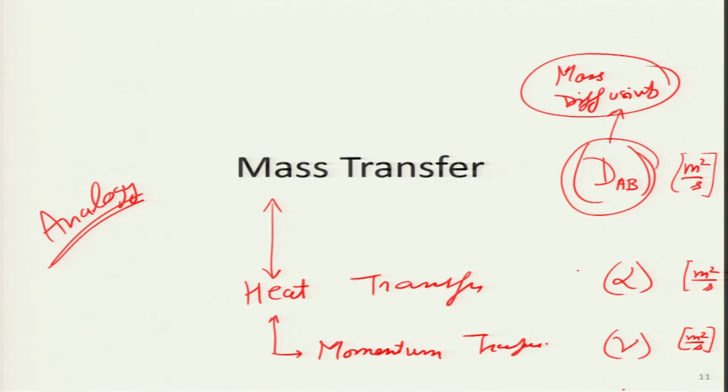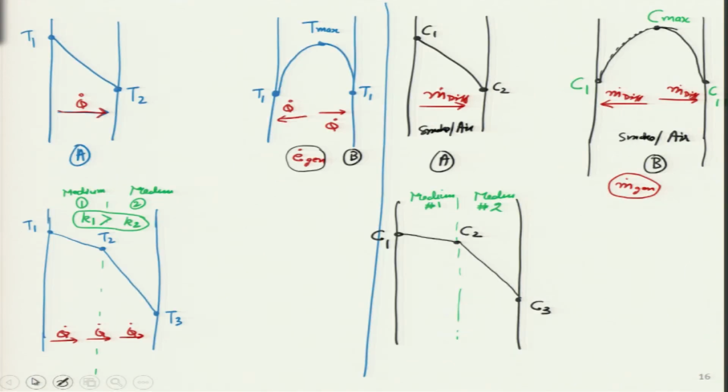because these are all diffusivities: heat diffusivity, momentum diffusivity, and this is mass diffusivity. So, I think students know a little bit about this one. Formally I have not defined it, but a little bit. So, there D1 value will be greater than D2. How is it greater? Because the slope of concentration is less here, this angle is less and this angle is much larger, which means D1 has to be greater than D2.